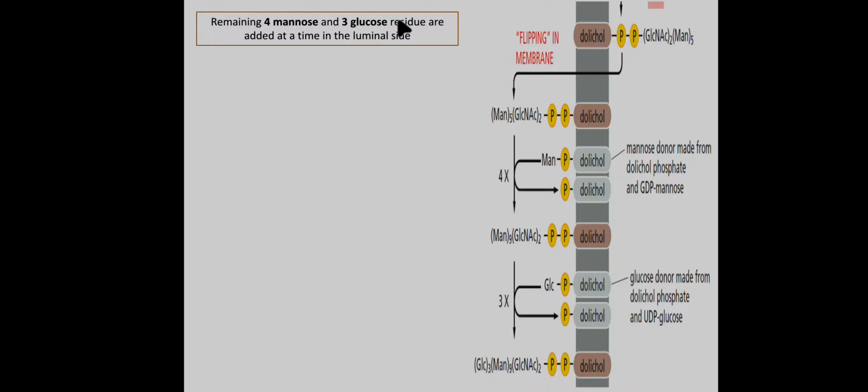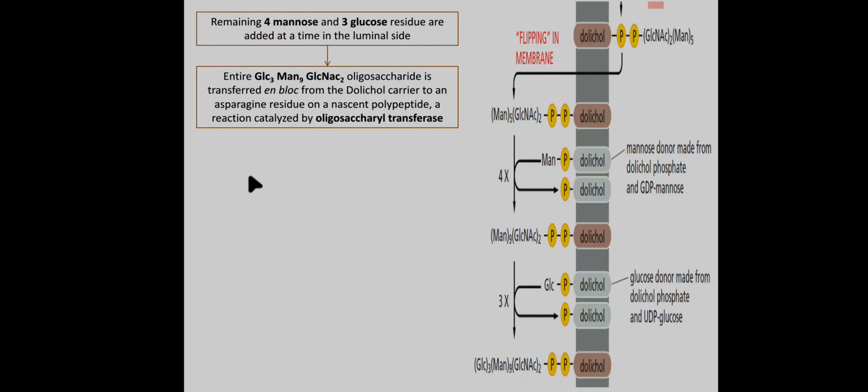The remaining 4 mannose and 3 glucose residues are added. Here 4 mannose are added and 3 glucose are added on the luminal side after the flipping happens here. Next, the entire glucose 3 mannose 9